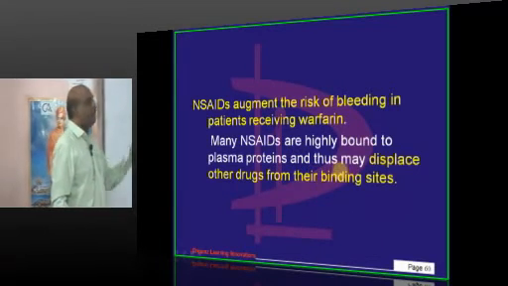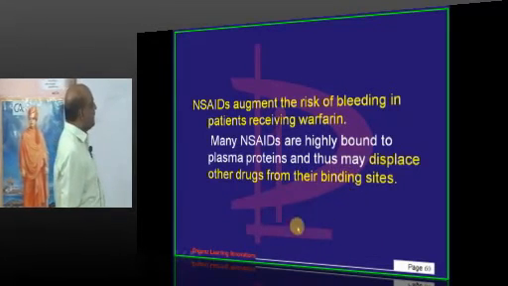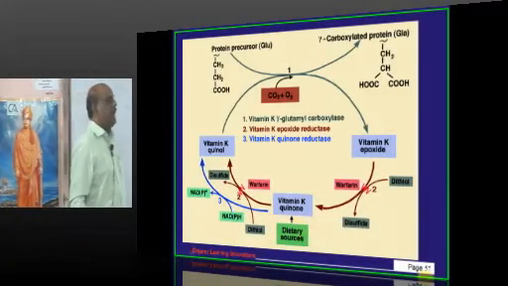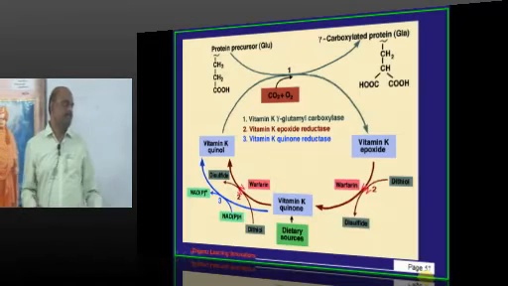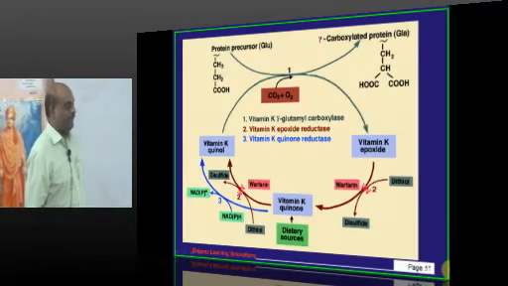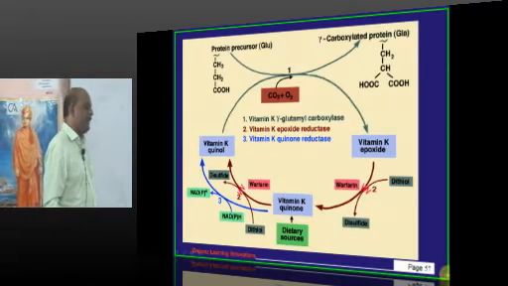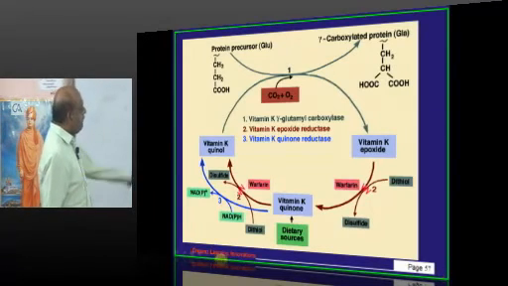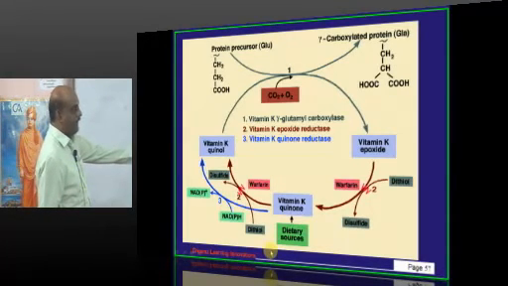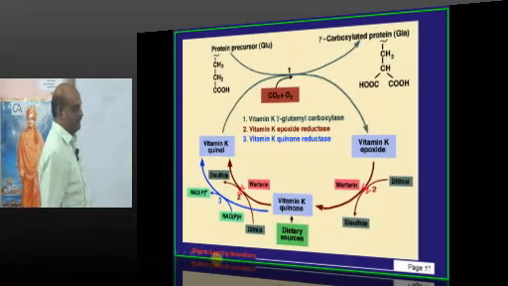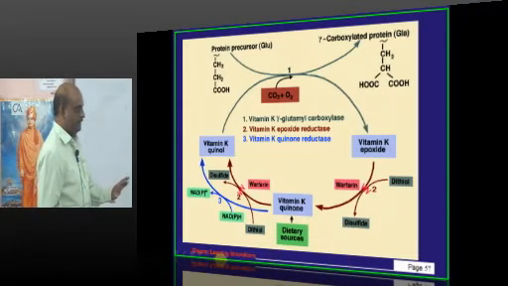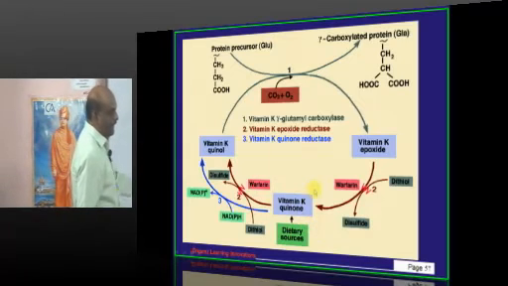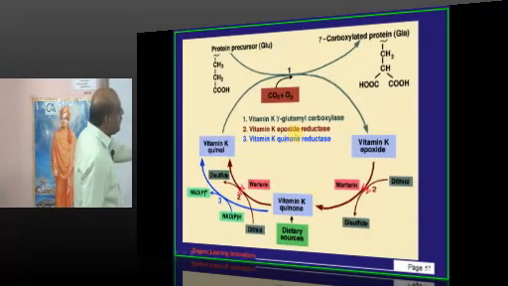Then warfarin. What is basically warfarin? Warfarin is an anticoagulant, doctor. What is the story of warfarin? Why is it anticoagulant? How is it preventing the clot formation? Very simple. Warfarin is anti-vitamin K. Why do you need vitamin K? You require vitamin K in order to